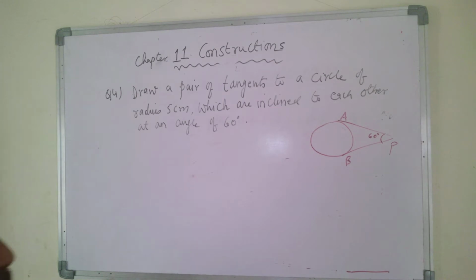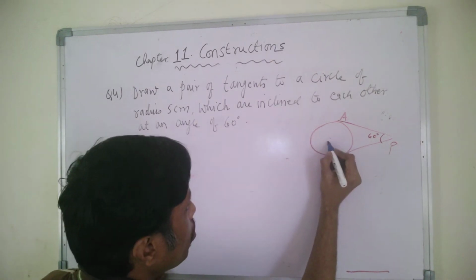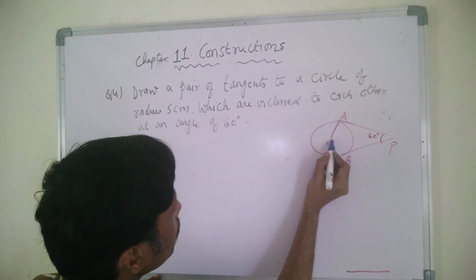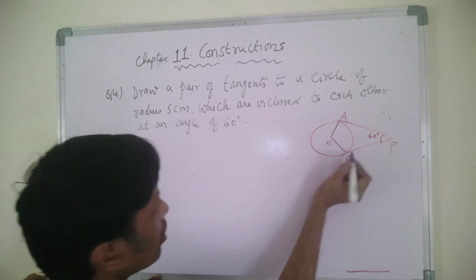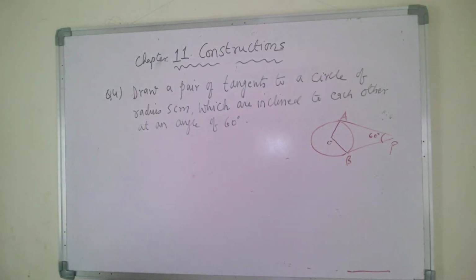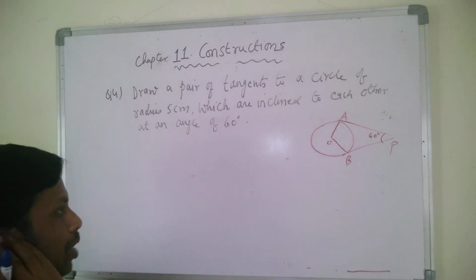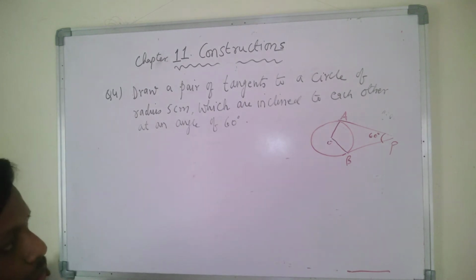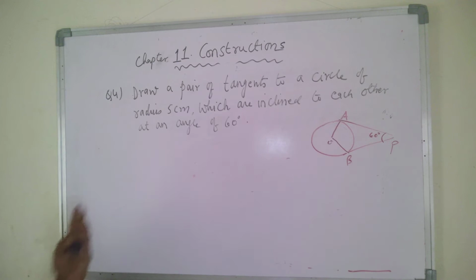Now how are we going to go about it? So you know that this is the radius of the circle, right, which is 5 centimeter. So our job, we cannot directly make the angle 60 degree over there because I don't know at what distance P is situated from the center. In earlier question it was given, take point so and so with so and so distance from the center, but this time this is not given, so I don't know the exact position of the extra point P where it has to be taken, but they have given a hint that it should be making an angle of 60 degree. So we will be going the other way around.